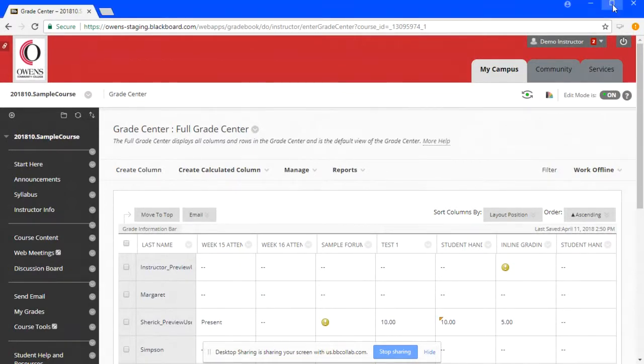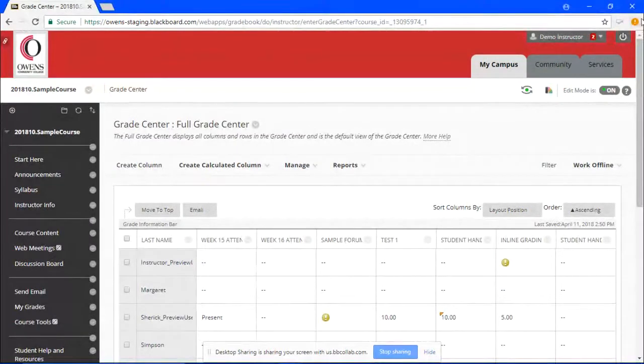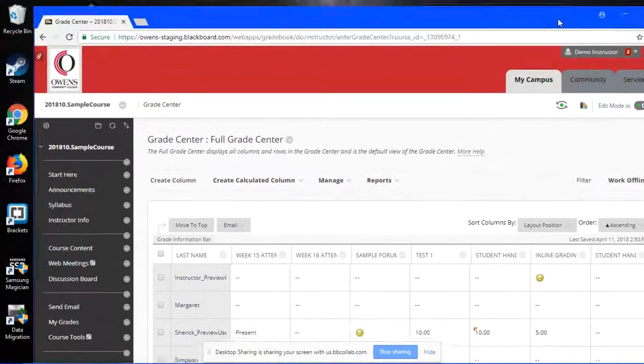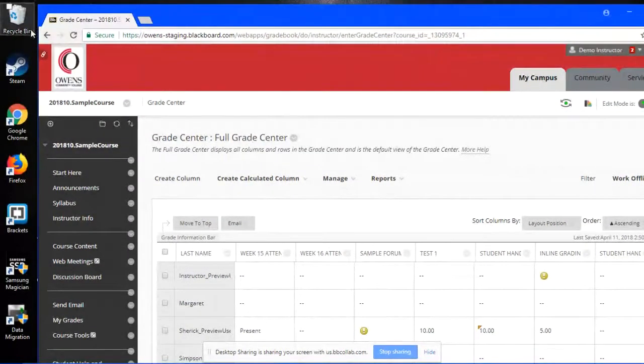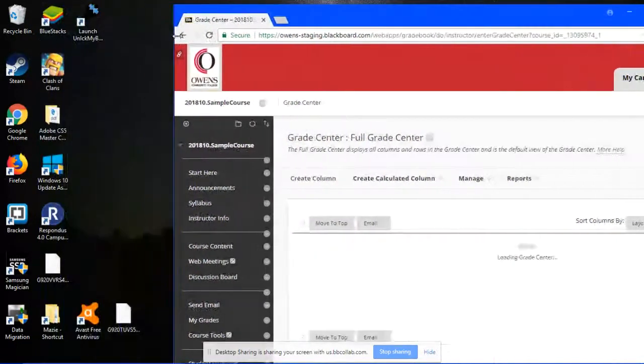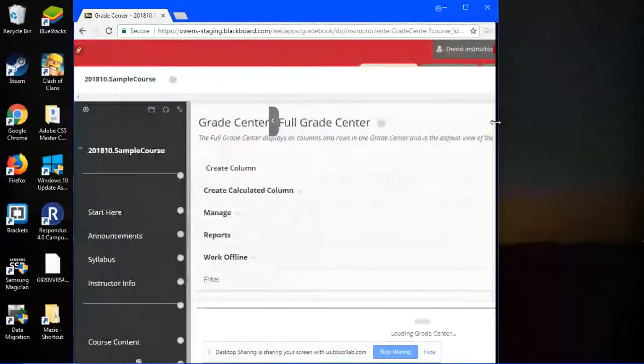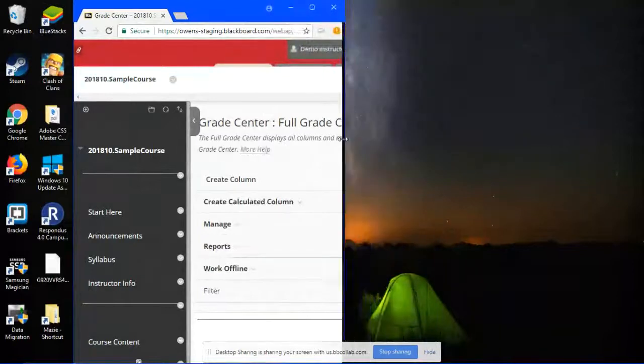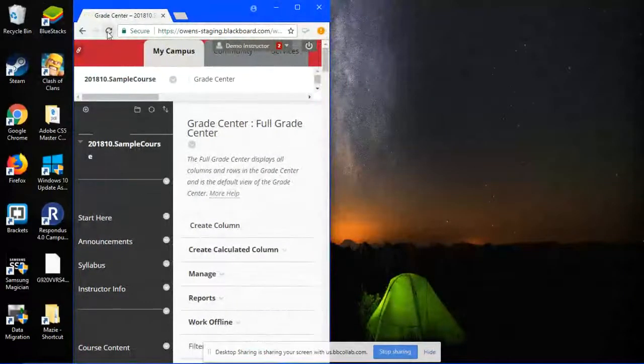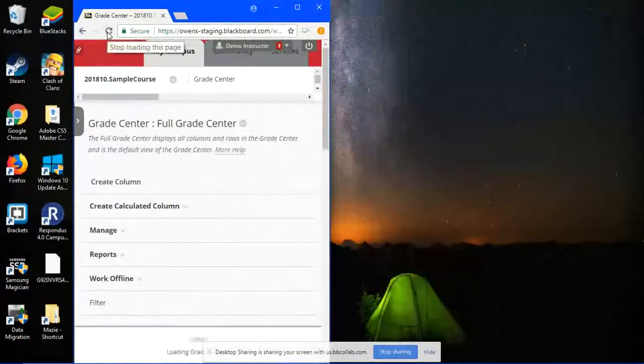If I minimize and make my browser window smaller, if I drag it and shrink the screen or expand it, Blackboard adjusts, as you can see here, to make it mobile friendly, screen friendly.